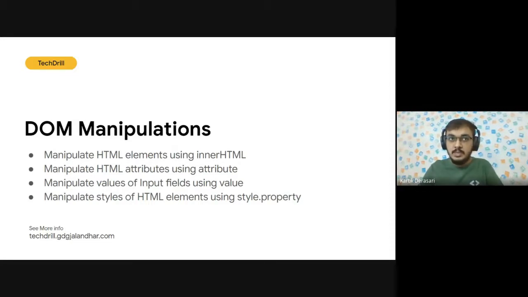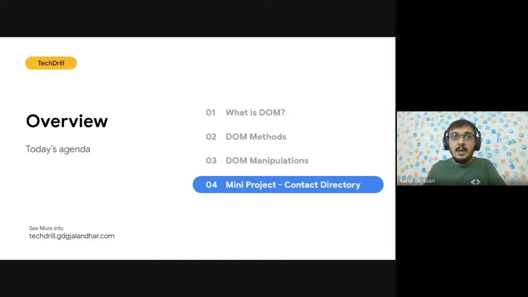What we need to do is, for example, document dot get element by ID, and then use dot style dot background color equals red. These kinds of statements we generally need to use when we are trying to manipulate the DOM. We'll see how that works. So are you folks excited for the project that we are going to build today?